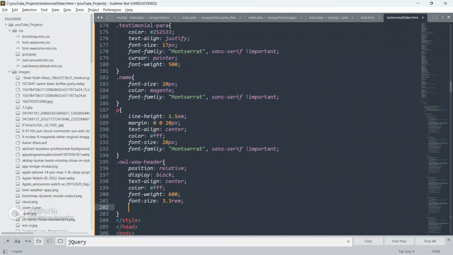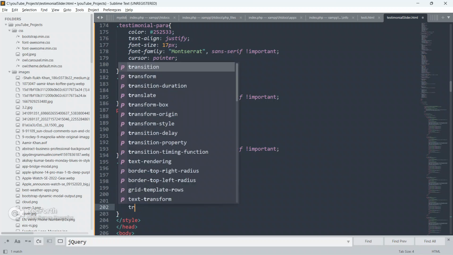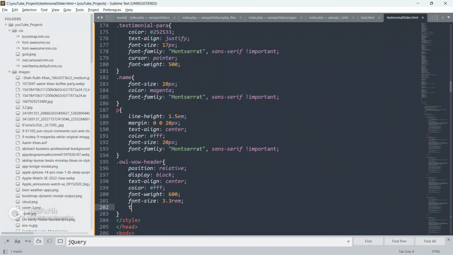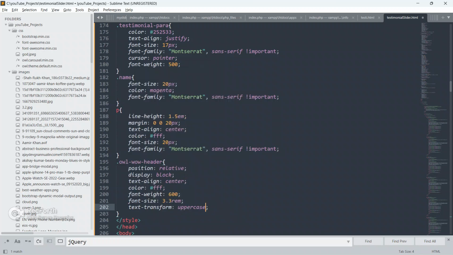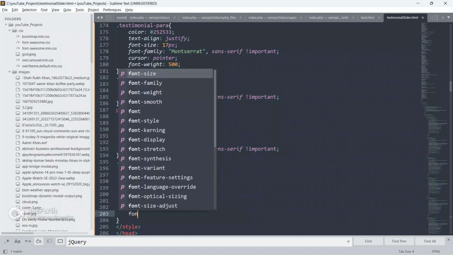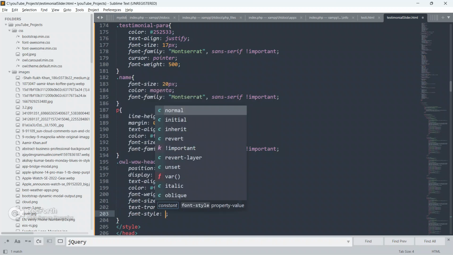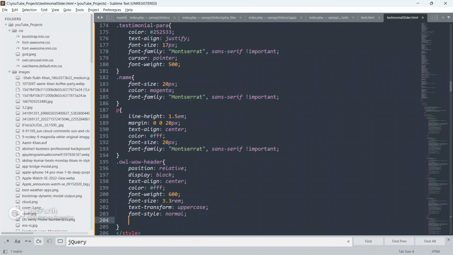Let it be this only. Give text transform uppercase, give font style as normal,